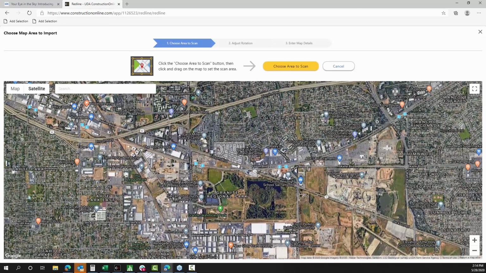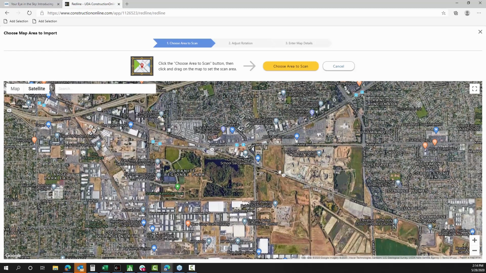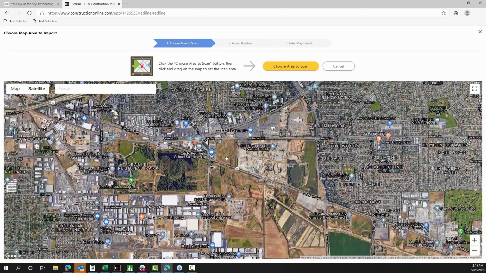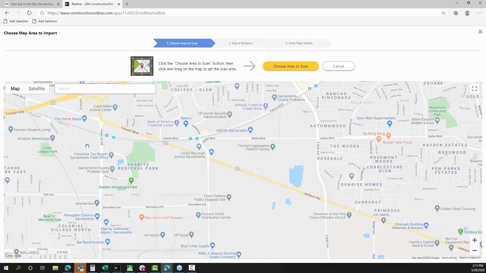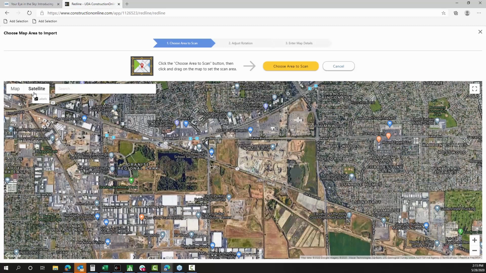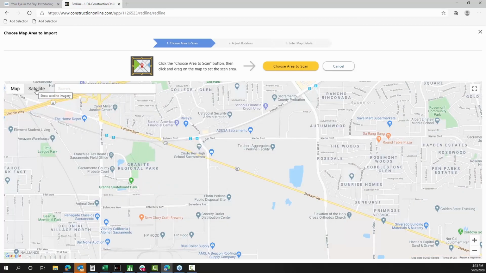One is that you can move the map around. Even though we want this search to be activated, if you'd rather just scan the area, or if you're really needing to do an aerial view of something from a larger distance, being able to just move the map around, sort of fine tune the positioning, is something that you can do. You can certainly switch to this type of map view as well, if that helps you to better locate the area. Although, of course, the satellite view is going to be what you really want in general for working, for pulling into your plan room. But you do have the option to use these tools as you're trying to